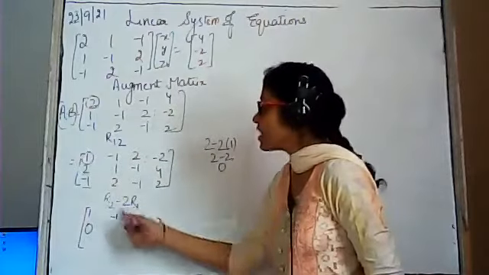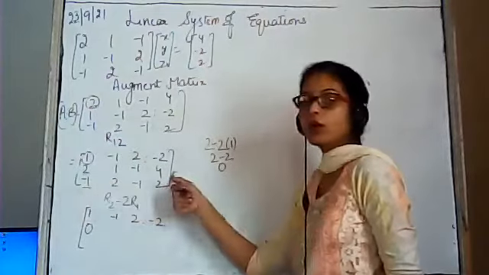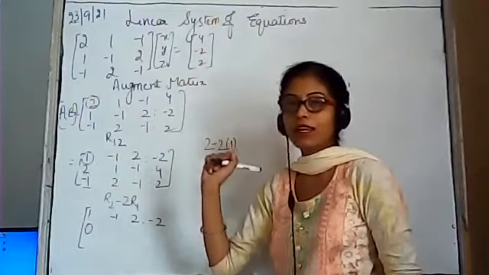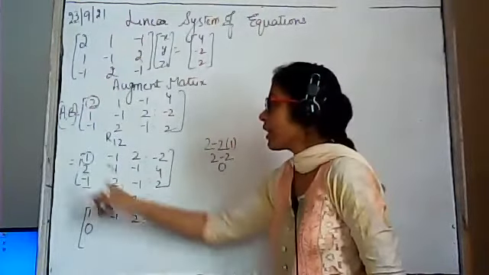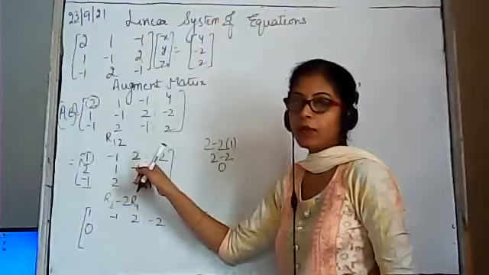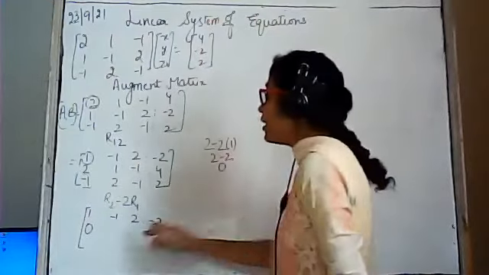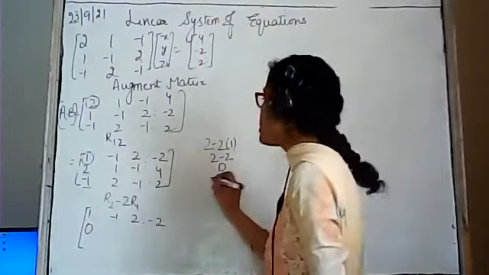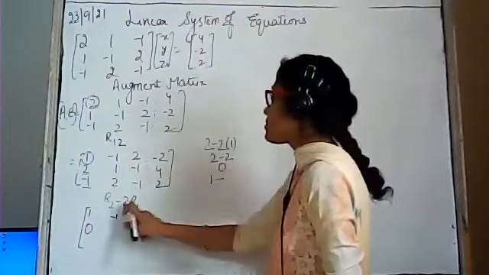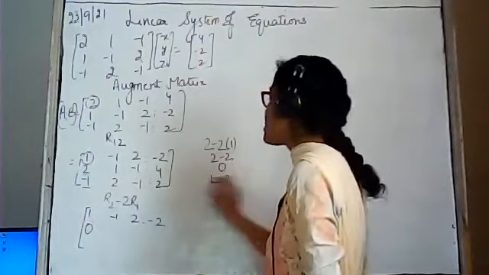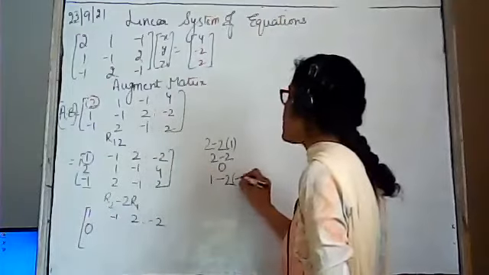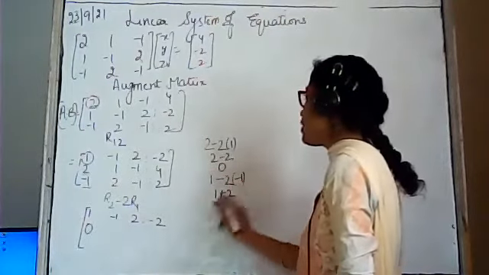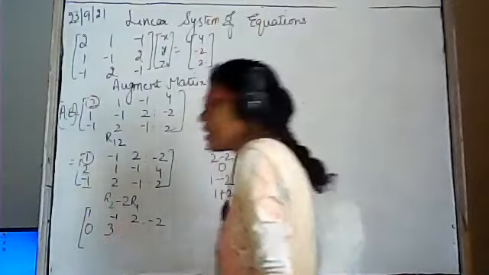Now this operation will be applicable in the whole row. सिर्फ ये नहीं कि इस एलिमेंट को 0 बना दिया, बाकी एलिमेंट्स ऐसे ही रहने दो, ऐसा नहीं करना है. जो भी ऑपरेशन लगेगा वो पूरी की पूरी मैट्रिक्स के ऊपर, पूरी रो के ऊपर लगेगा. Again we are having the element of R2. Now the element of R2 is 1 minus what we are applying, 2 times R1. The element of R1 is minus 1. It will be 1 minus minus plus 2 into 1 is 2. It will be 1 plus 2, that is 3.